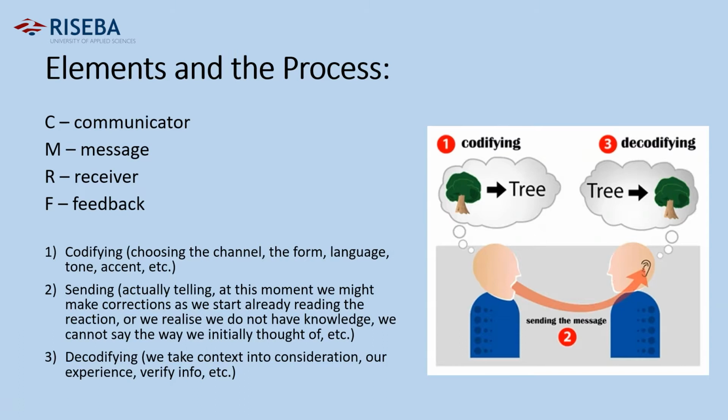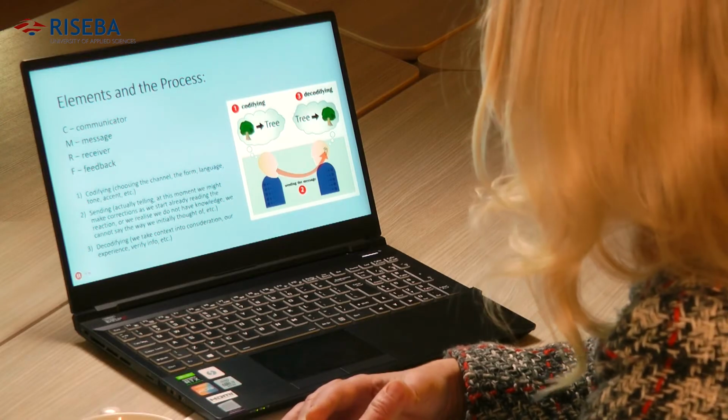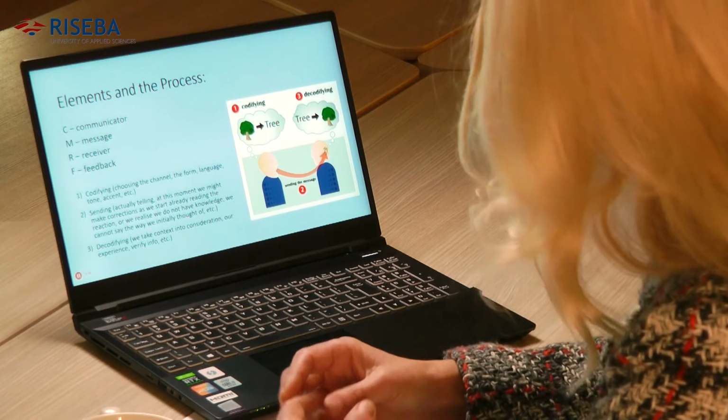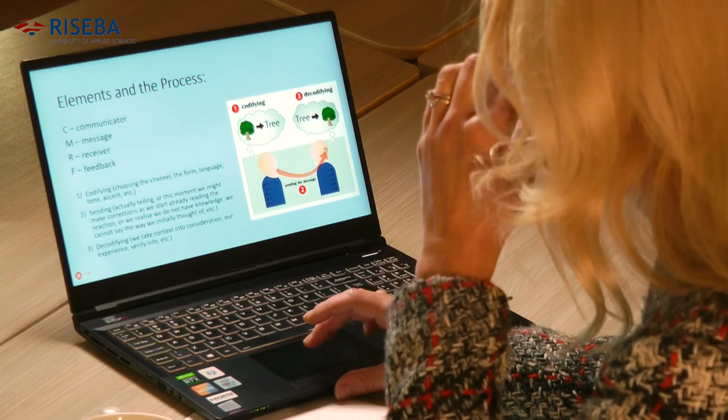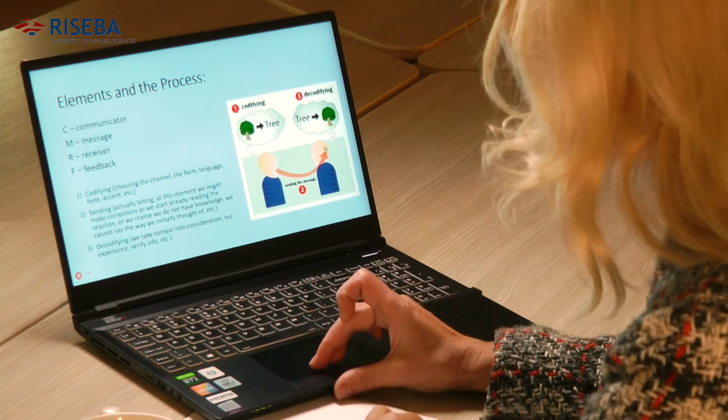So the problem here starts that we might have different life experience. If you think of bird, we might not imagine that another person is thinking of penguin at this moment. Or if you think of tree, if you live in one area, you might think of palm. But as I'm coming from Latvia, I don't think trivially of a palm. Another tree comes to my mind. So there might be some misunderstandings in this moment. And of course, we need clearness.